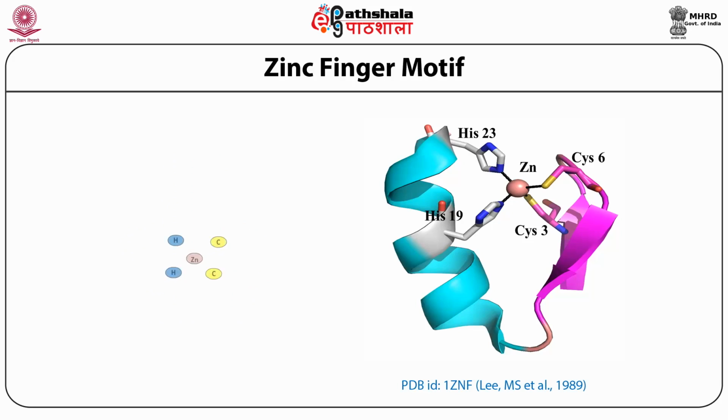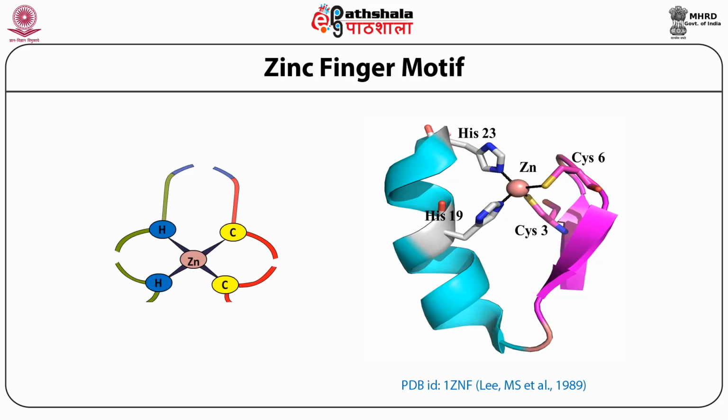Between the two histidines, there are about 3 to 5 amino acids. So these two histidines and two cysteines coordinate with the zinc that keeps this whole structure together. So these 12 amino acids and the C-terminal part, which forms the long helix, and on the cysteine side there are two beta sheets, a small pair of beta sheets where the cysteines come from, and these two together form small zinc finger motifs.